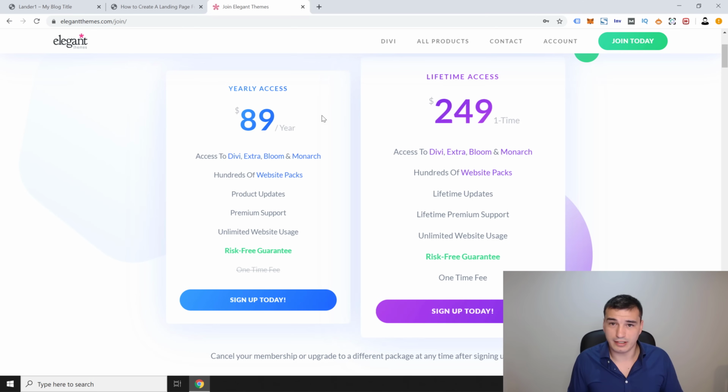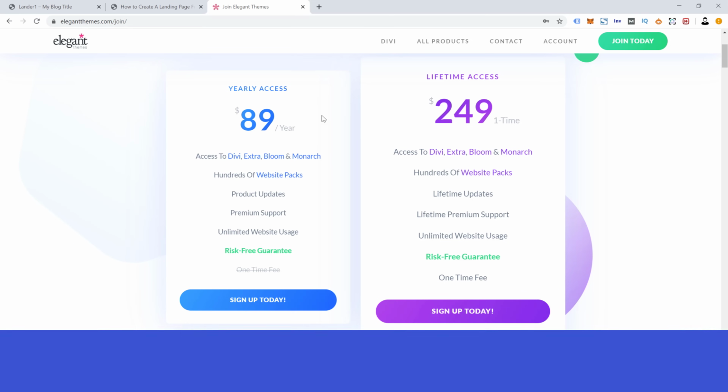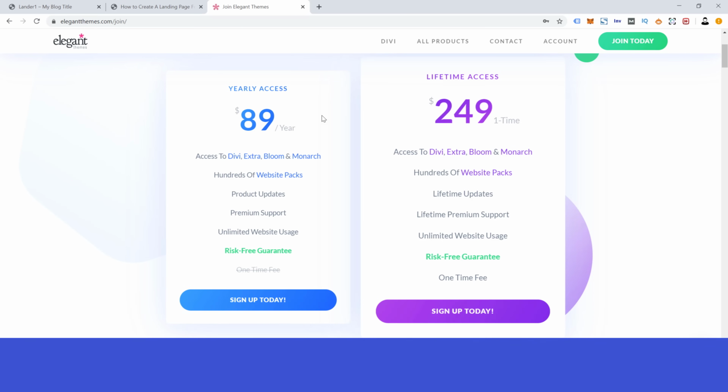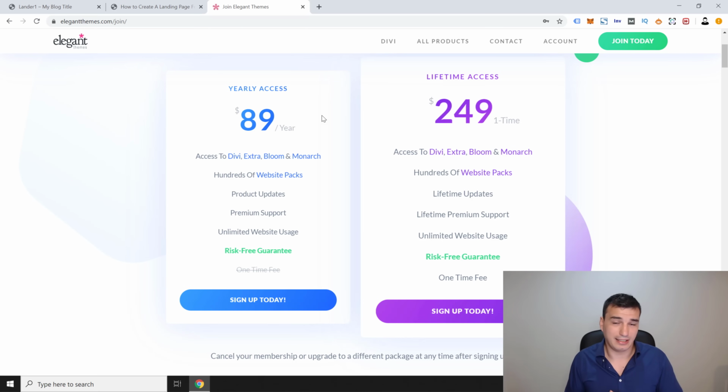If you really don't have any money, maybe you can start with it, but they do daily or pretty much weekly updates on their theme, and you want to be up to date with the themes to be sure that you're safe and secure and that you won't get marked as spam or hacked or anything like that. So it's completely up to you, but I strongly recommend you go with either yearly or